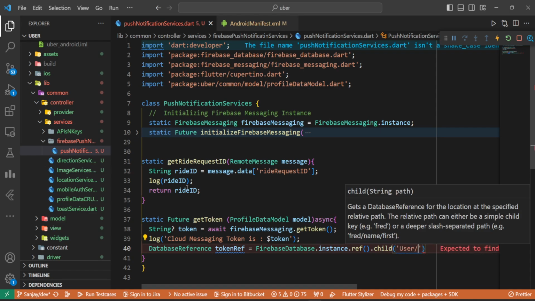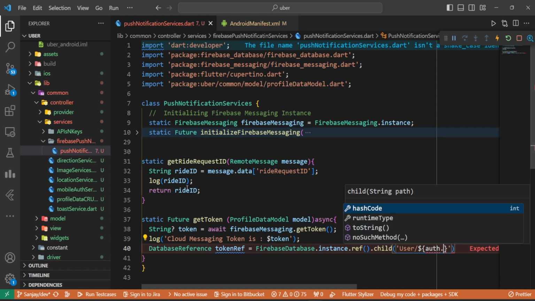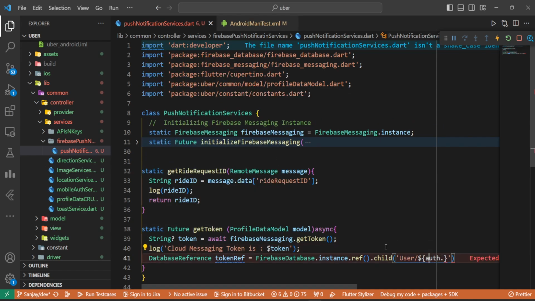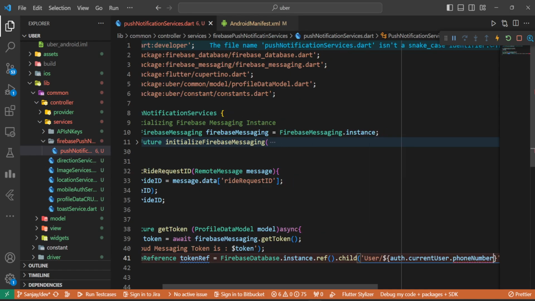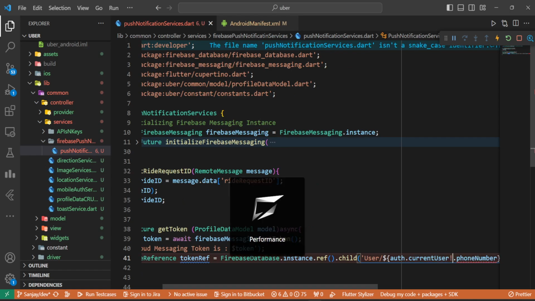User slash auth dot, we have to import the constants file for this auth, dot current user dot phone number. Let's add a null check here,